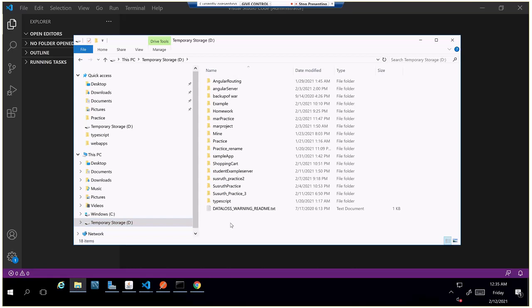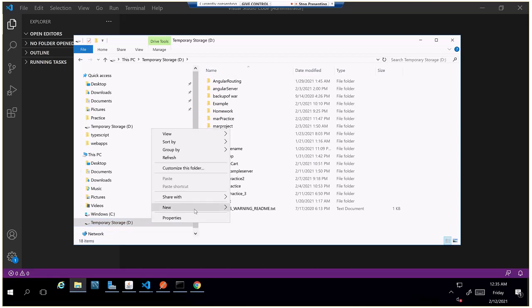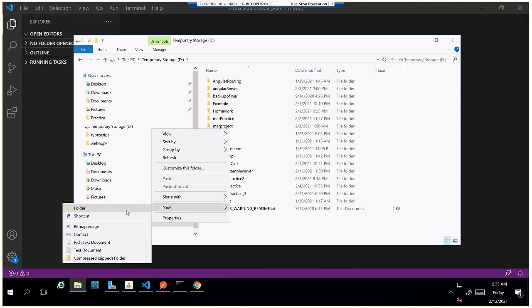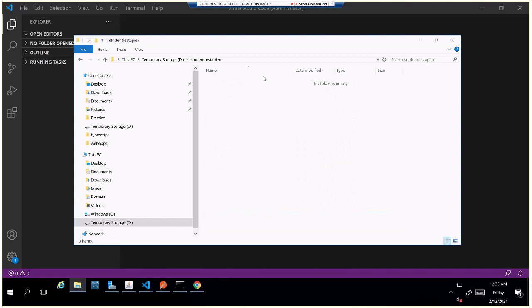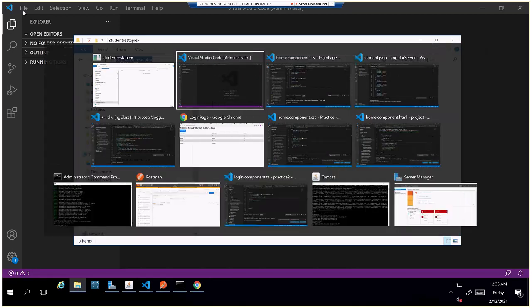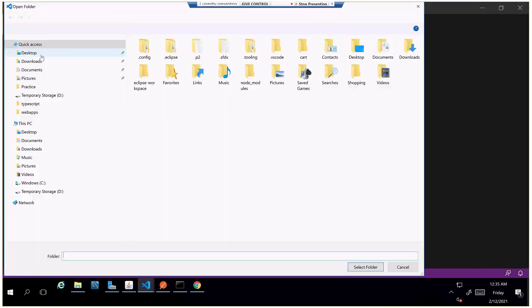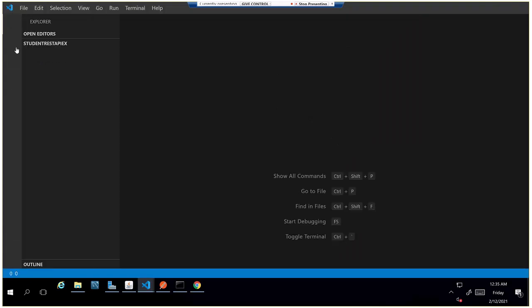So what we'll do is we'll first create a folder because it will have the student.json file. Student REST API example. So I'll open this folder from VS Code. I selected that folder, and now it will show that folder.